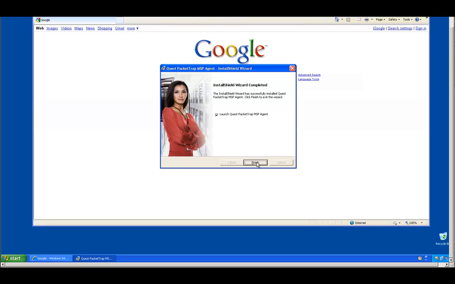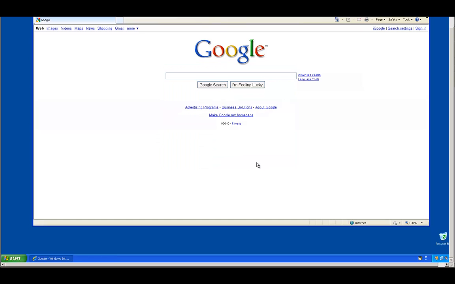Now that the installation is complete, I'm going to click on Finish, allow the MSP agent service to launch,